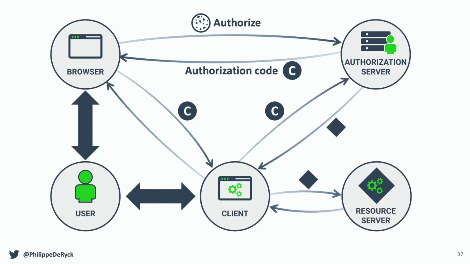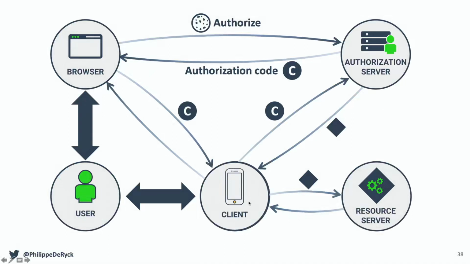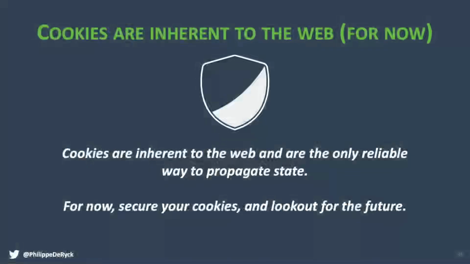And even in a setup where you have a mobile application, if your client is a mobile application using OAuth, it uses the browser on a mobile device to run the OAuth flow. And that browser on the mobile device uses cookies to keep track of authorization state with the authorization server. So this is kind of the last takeaway. Cookies are inherent to the web. There's honestly no way around them. Well, there is, but it's going to take you a massive amount of effort to work around them. And honestly, it's not necessary to do that. Just be aware that they're there, and they're the only thing that's supported by all web technologies.